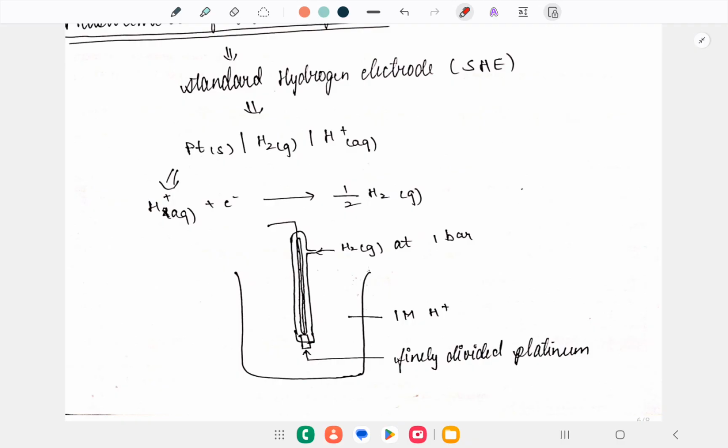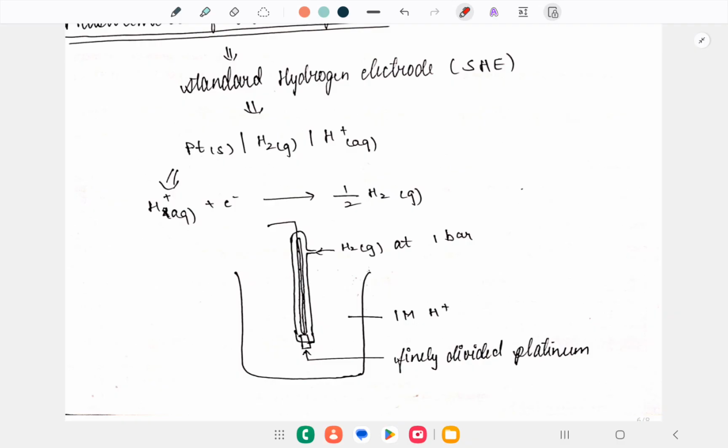So here we can observe that this basically consists of a platinum electrode which is coated with platinum black and dipped in a solution of H plus ions, and pure H2 gas is sent with high pressure. So here the electrode has zero potential at all the temperatures. So you can easily find out the potential of the other cells which we are placing in connection with this